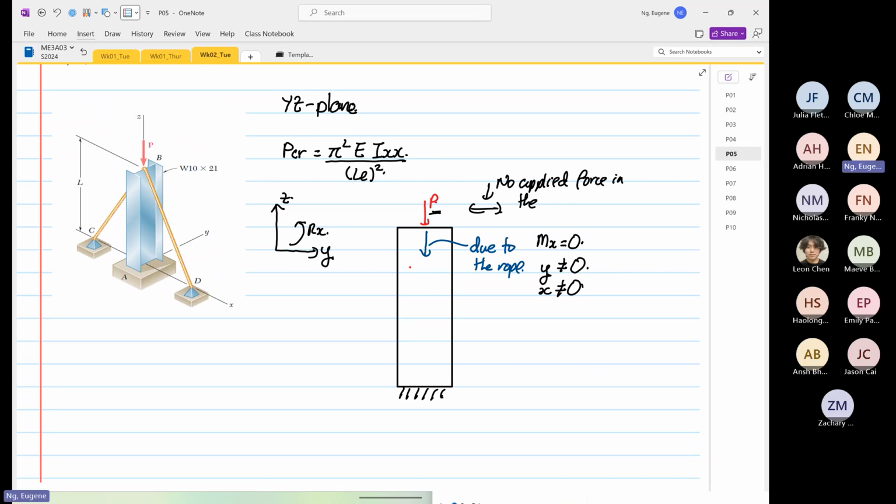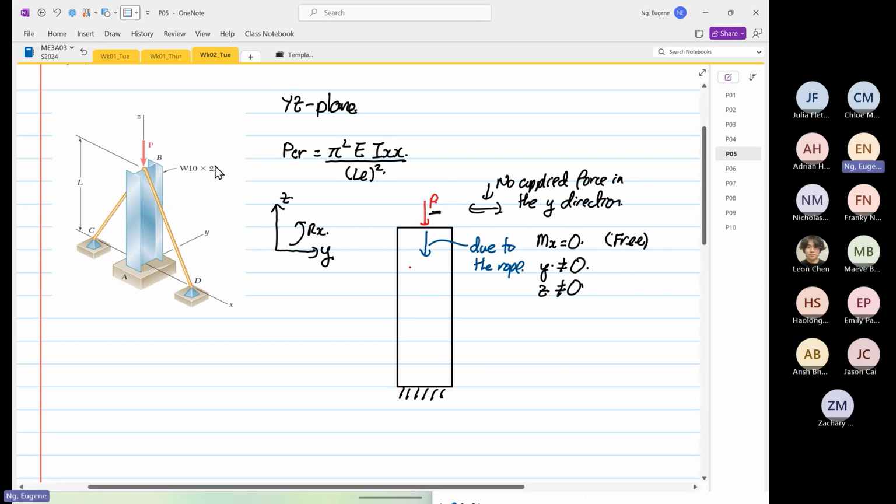Sorry, I got it wrong. What I got wrong is here. We know that y is not equal to 0 and z is also not equal to 0 because it can be pulled down due to the applied force. So the only condition where y and z are not equal to 0 and moment about x is equal to 0 is where this is what? This is free. Why is that? Okay, so if we were to go in